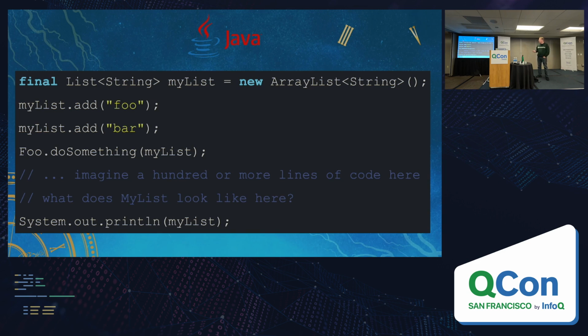But the problem is this array list provides these mutation functions, the .add, .remove, whatever else. And so I'm right back in the world where I was before, where these other functions that I'm calling, these other lines of code that might happen here, they can mutate that list in any number of ways. And so again, I cannot make any mental assertions about what this list has in it by the time I get to this point in my code.